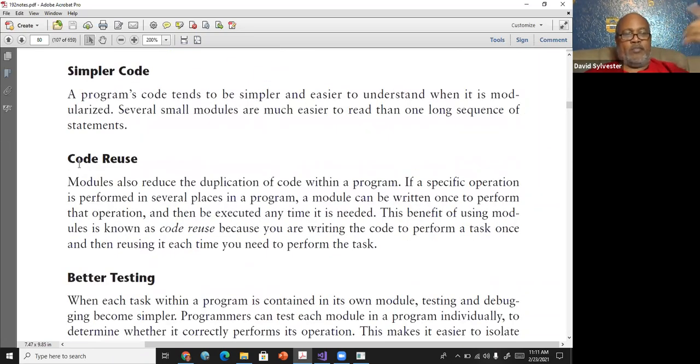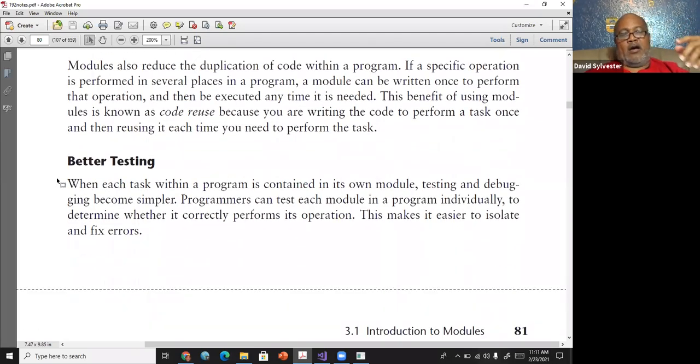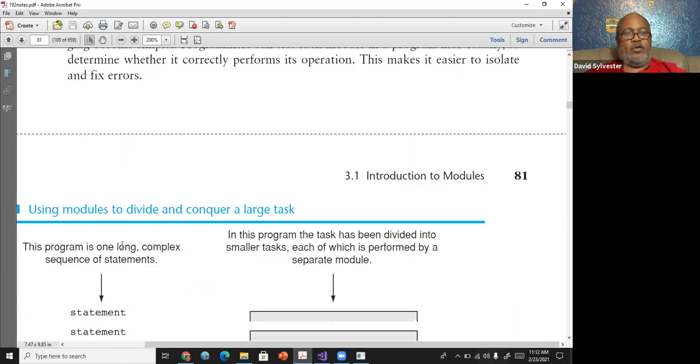You can call that code as many times as you need to and don't have to copy and paste the code multiple times. No, you just call the function. All right. And it reduces the number of lines of code, which allows for a better way to test the code. You can comment out a call, rather than commenting out a whole group of statements and trying to test each line. Oh, I removed that line, I could check it, whatever. So it gives you a better way of fixing your program.